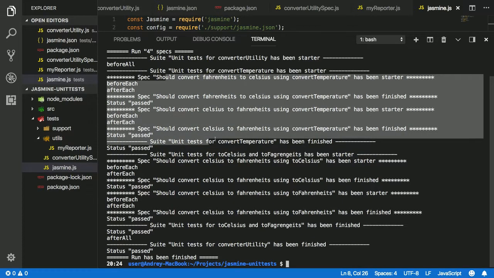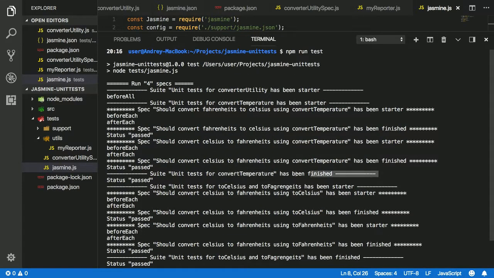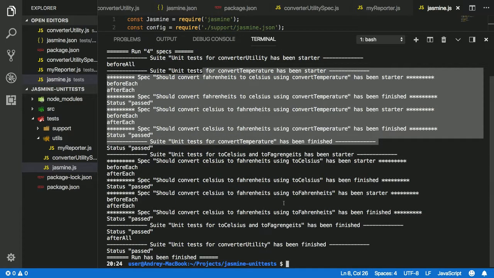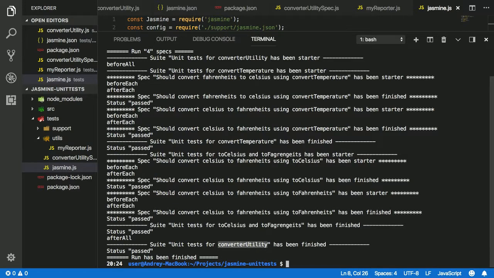Then it goes another test suite, actually that test suite has been finished. Then goes another one, and this is the logging statement for our global test suite that says the global one is finished. And at the very end of the line,